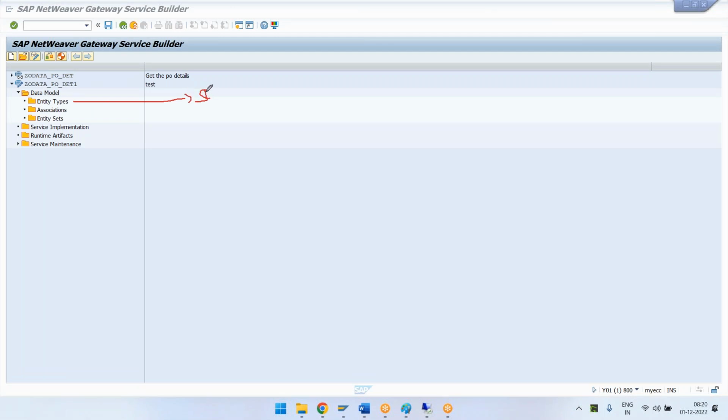Entity types are nothing but your structures, or I can say work areas. Whereas the entity set is nothing but your internal table. Whereas the association is the relationship